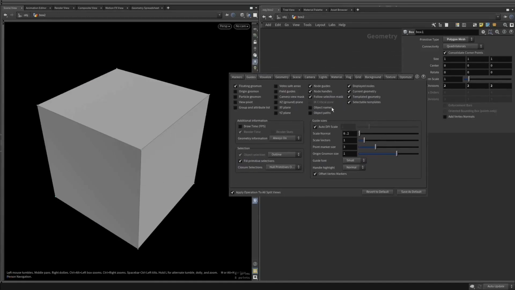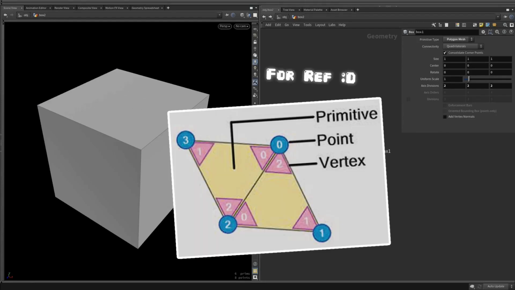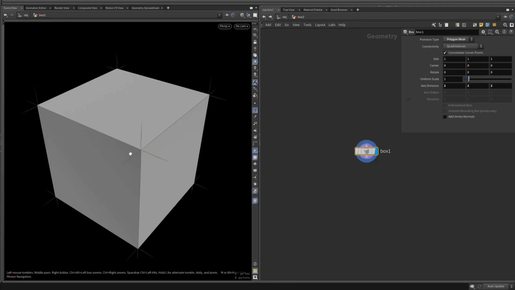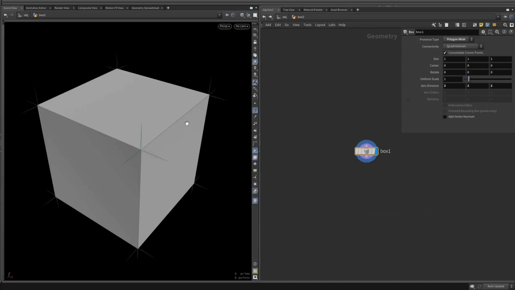By hitting D, we have this panel to make the point marker slightly bigger. Now, another thing about Houdini: in Houdini we call a polygon a primitive. So this is a primitive, this is a primitive, and each point has several vertices. As you can see, here there are 3 main vertices. Points are vertices in maybe Blender, and primitives are polygons, and vertices are something that links